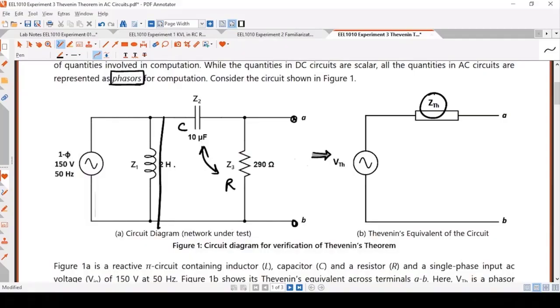That means if this was a resistive circuit, this inductor, this third element placed in this branch would have absolutely no role to play in the equivalent impedance. In such cases, in general, what is the procedure to find equivalent resistance? You will disable the independent sources inside the network. By disabling, we mean reducing the value to 0. So if you have a voltage source, reducing its value to 0 means shorting it.